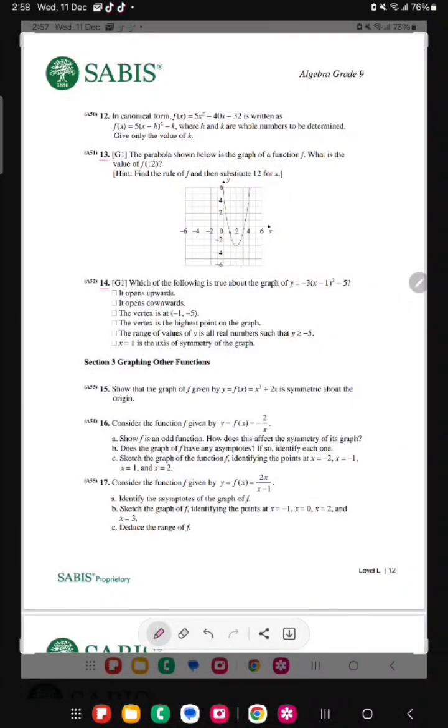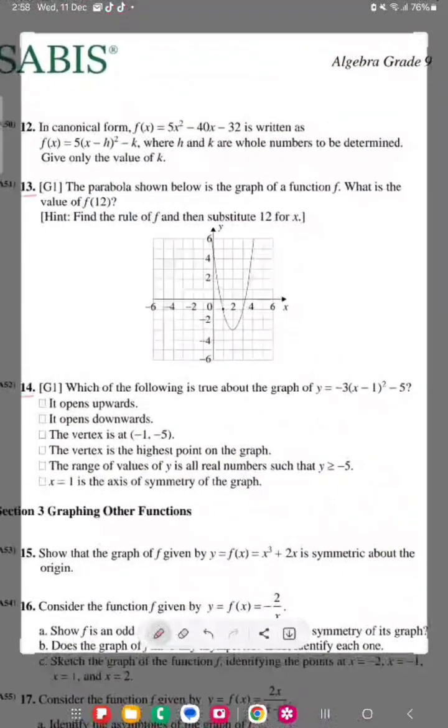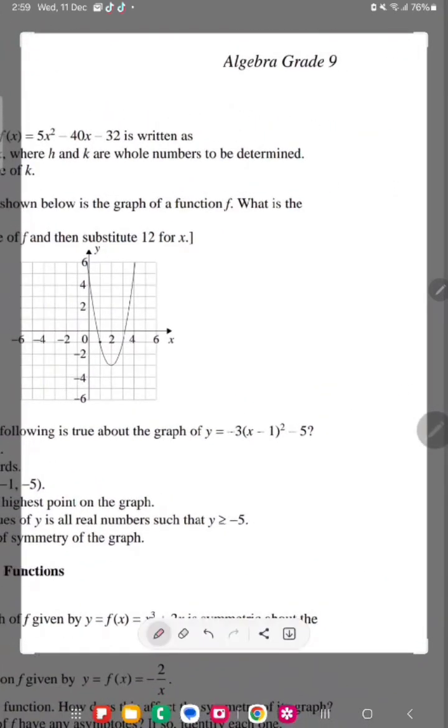Guys, I'm going to be explaining the course division questions for the math periodic. For question 13, they're asking what the value of f of 12 is, and they already graphed the function f. They gave you a hint that you have to find the rule of f and then substitute 12 for x. To find the rule of f, you should know that